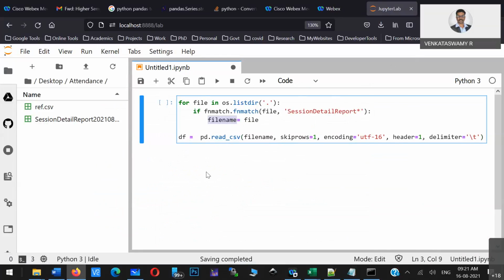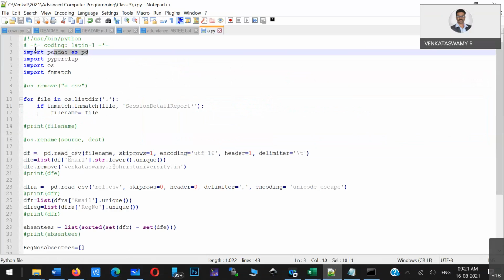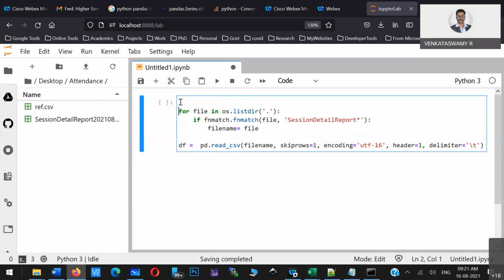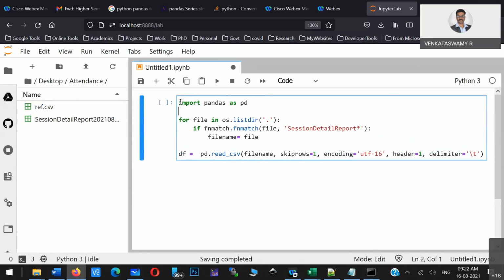Now there is one library called pandas. I am just taking that particular library. So what will this pandas library do? Normally, whenever you store any data, it will be saved in some kind of Excel file or spreadsheet.